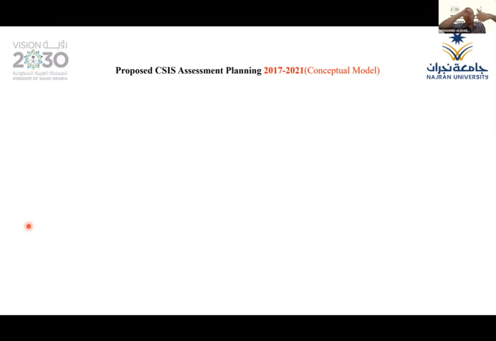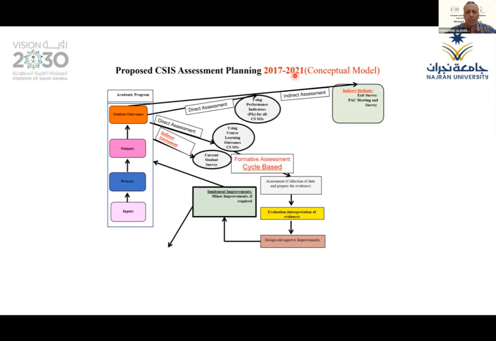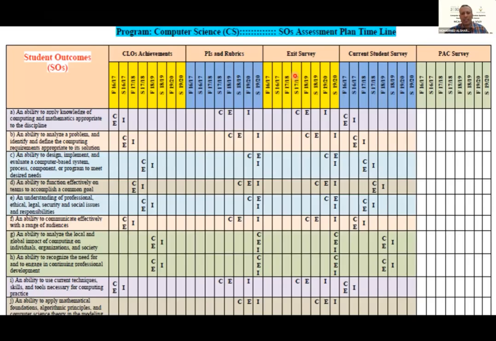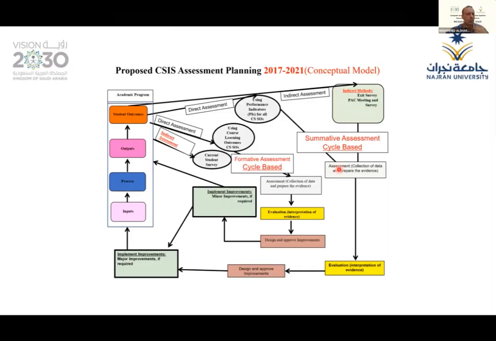Based on that, continuous improvement is cycles. It never stops, never ends. So we create another assessment cycle or CQI cycle from the year 2017 to 2021. It will end this year. Okay, so this is a conceptual model, it is not the time to explain, but this is how we use formative assessment and summative assessment, we use 2 direct ways in formative, we use 3 indirect. So this was a conceptual model, not the time to explain. Maybe tomorrow we can explain.